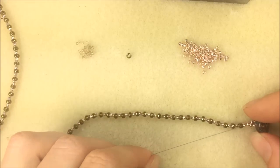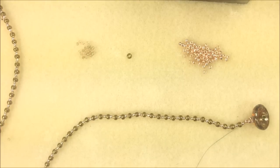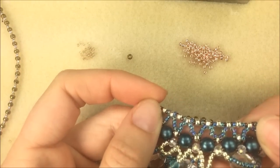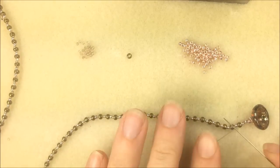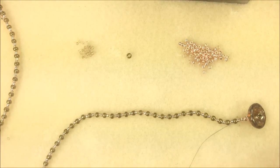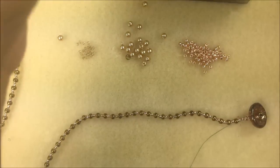Once I'm out that 8/0 seed bead, I'm going to get ready to start my pattern now for my little V section. To start the V section, I'm going to be sewing into every other 8/0 seed bead. The V starts with the design here, and I'm gonna get out some of my pearls here. And the V section starts now with